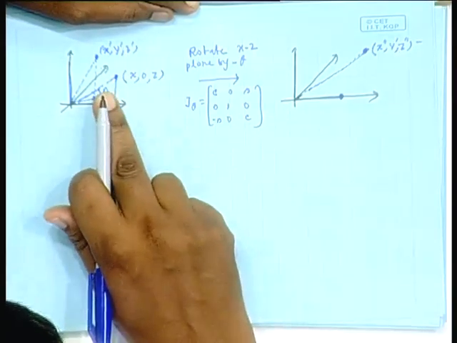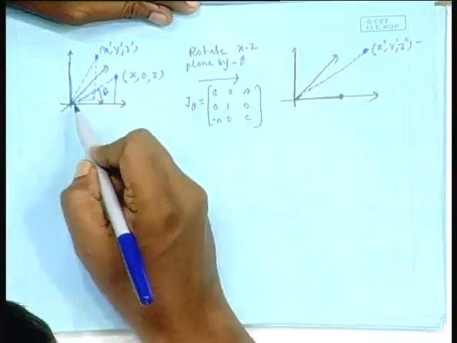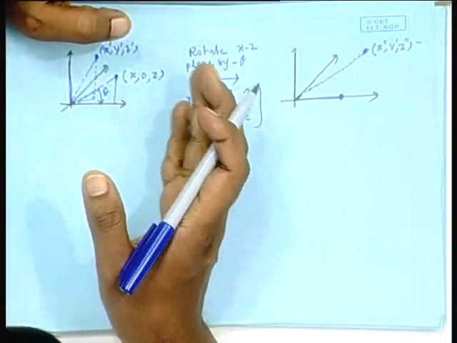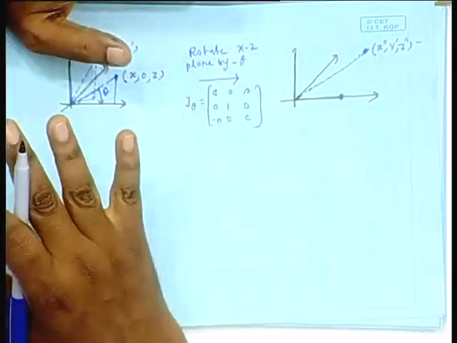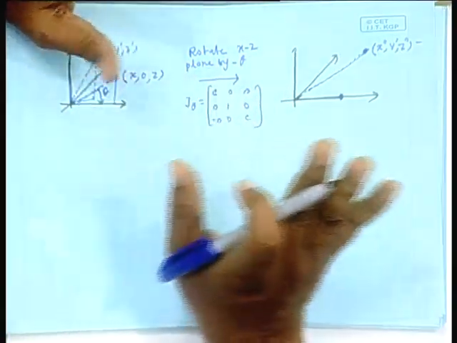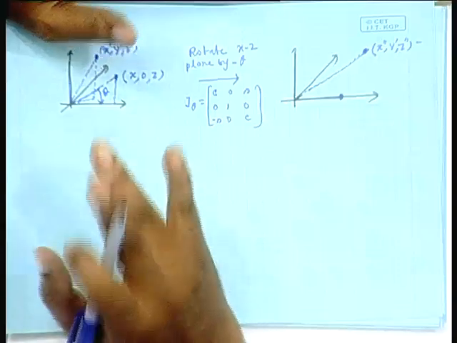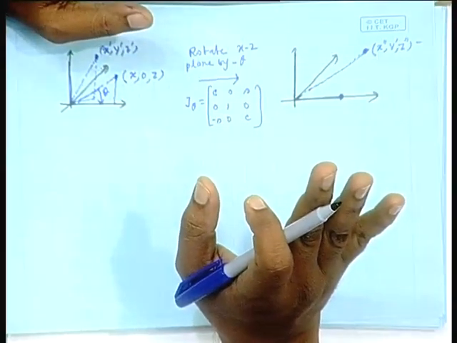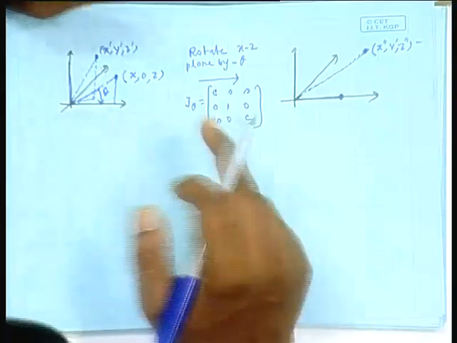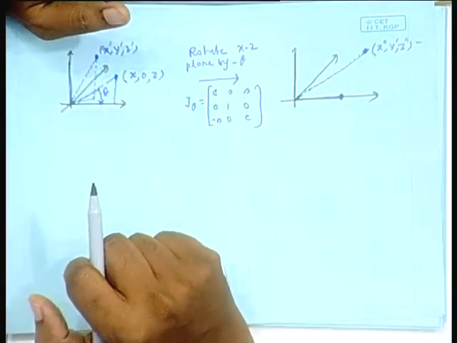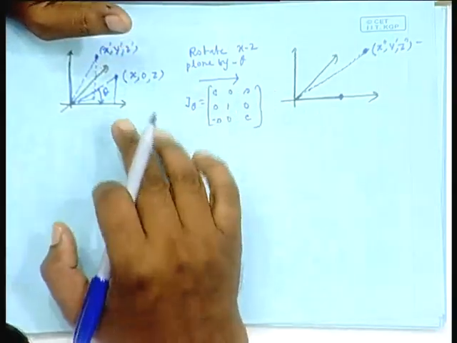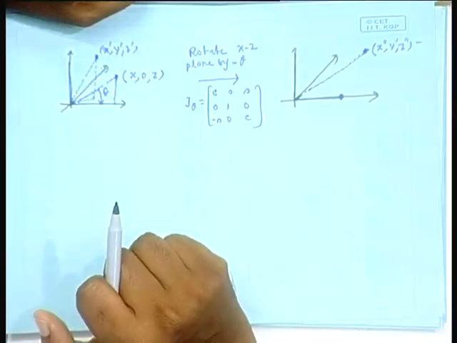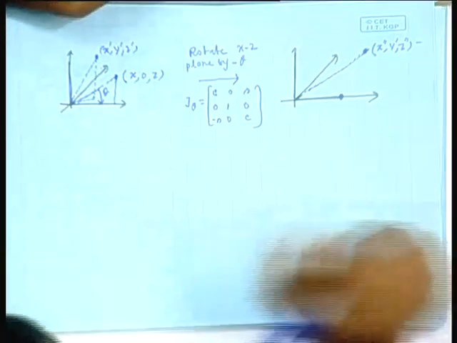Actually, I am rotating this fellow by applying a rotation operator on this guy, and therefore, on this guy also. But the effect will be easily understood if you view it as though the plane is rotated, the vectors are held constant in their position. That is the easier way to understand. Okay. That is why I am always going by that route. Plane is rotated by minus theta. Then you easily understand the orientation and all. But actually, the vectors are not changing. You are applying a rotation operator on each vector. Okay.